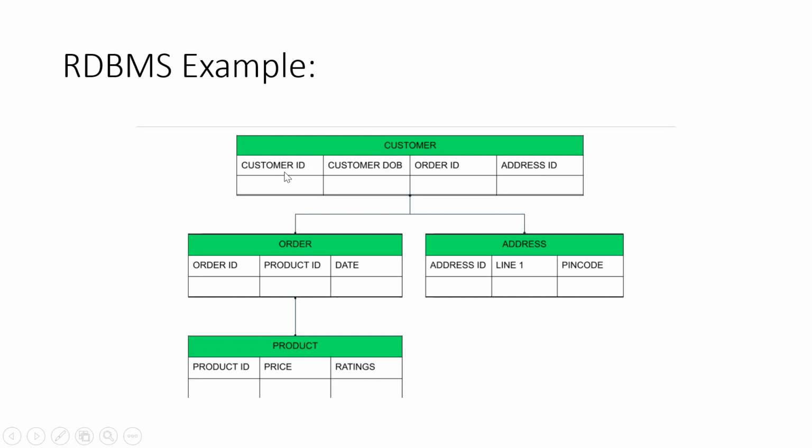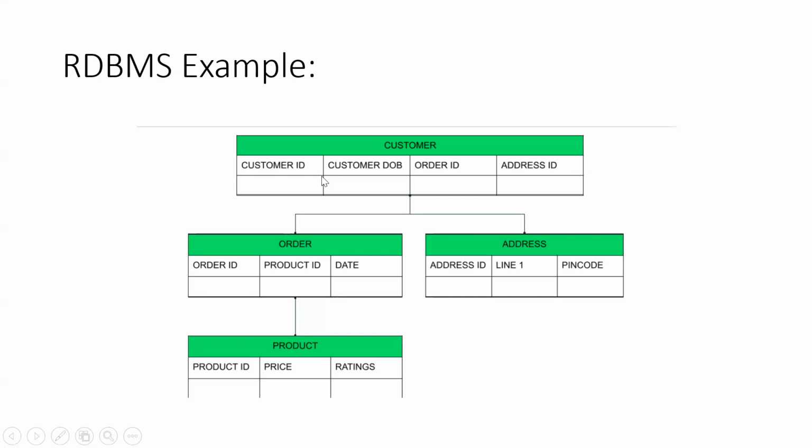for the customer table. Okay. And in the order table, order ID is the primary key, but the same column is the foreign key for the customer table. So as order ID is a common key, we can join these two tables based on order ID. Okay. So we can fetch all the information of this table into this table by this common column. The same thing happens over here for the address table with the customer table. We have address ID over here, and address ID over here as well.